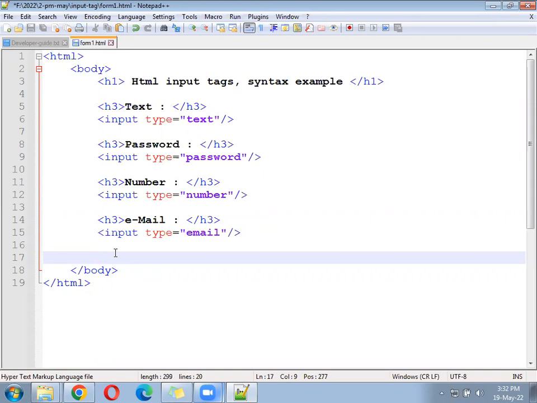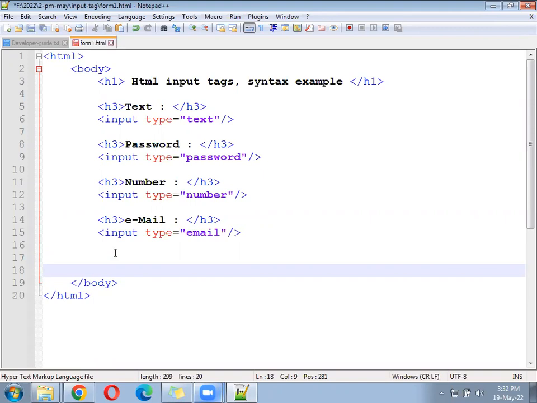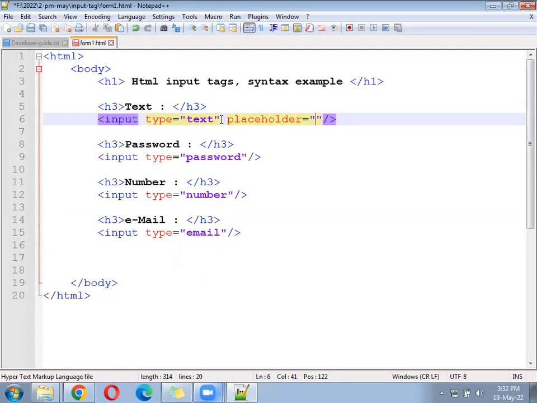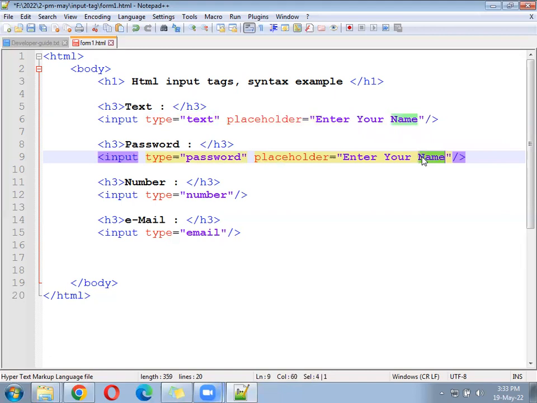Now, next, you can add one more property that will help you: placeholder. For what purpose? This text box you have made, for what purpose? What should the user enter here? We need to give one meaningful message to the user, like enter your name. So we can write some kind of message, enter your name, enter your password,